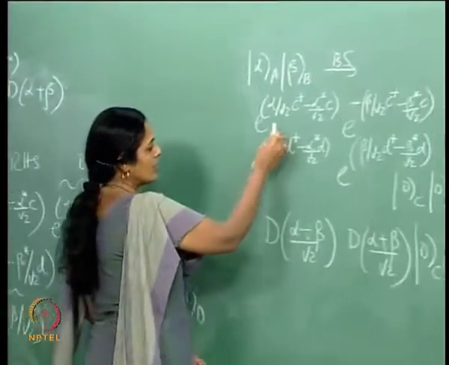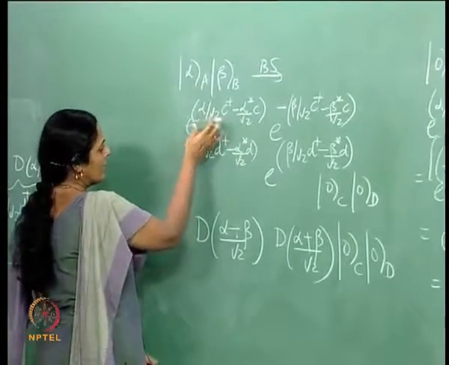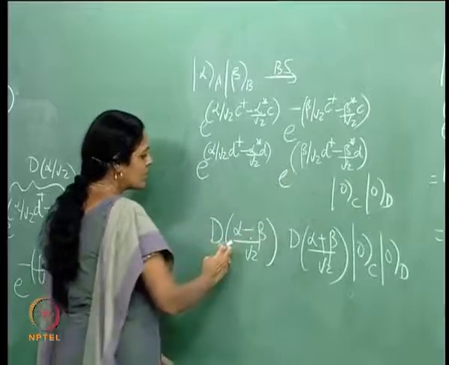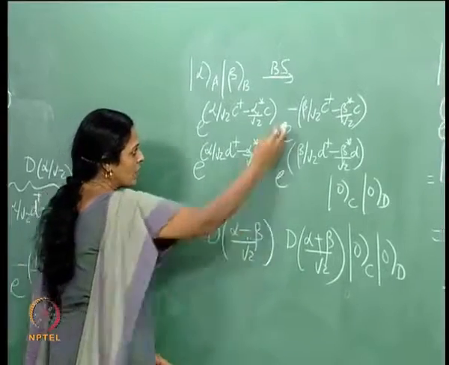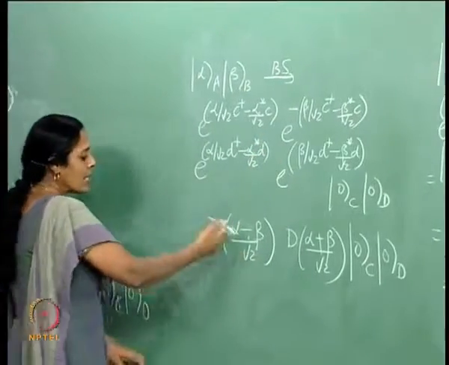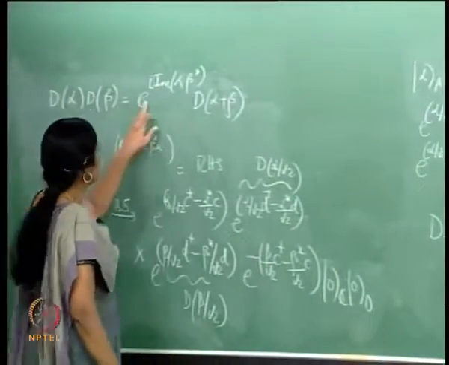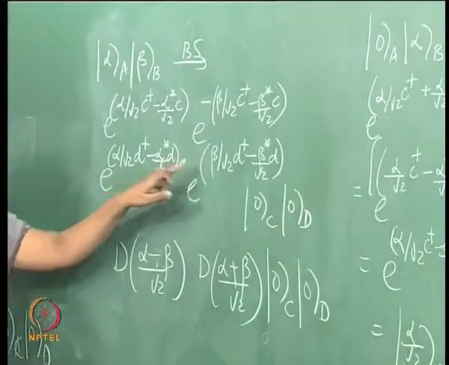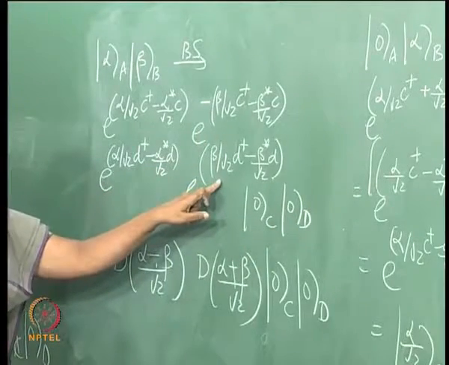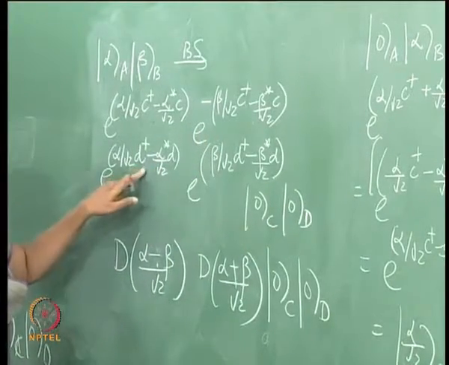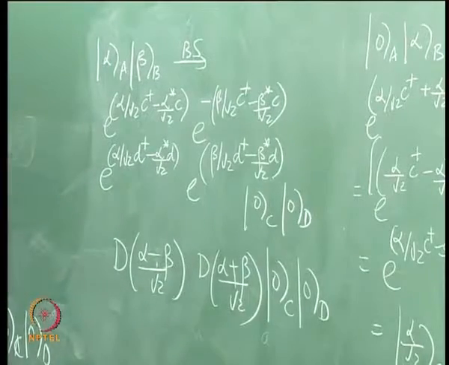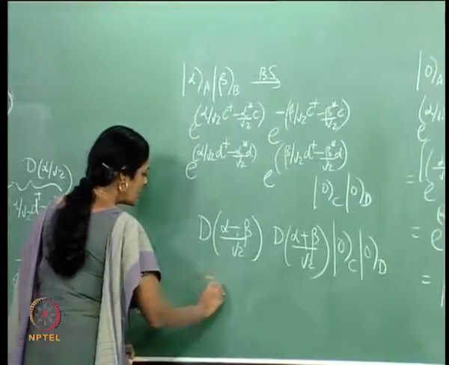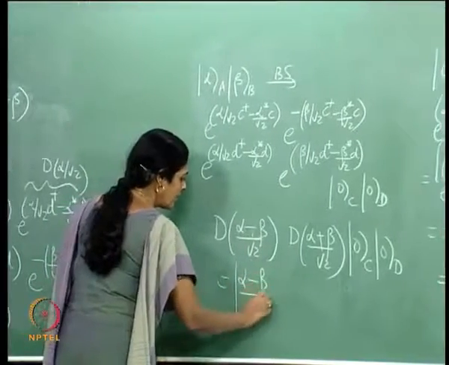There is a phase out here because when I add the two of them, this is d of alpha by root 2, d of beta by root 2 is d of alpha minus beta by root 2, minus sign coming from here times an overall phase which is e to the I imaginary part of alpha beta star. But I pick up exactly e to the minus I imaginary part of alpha beta star from here, and so those extra phases cancel out, and this is what I have. But this is precisely the coherent state